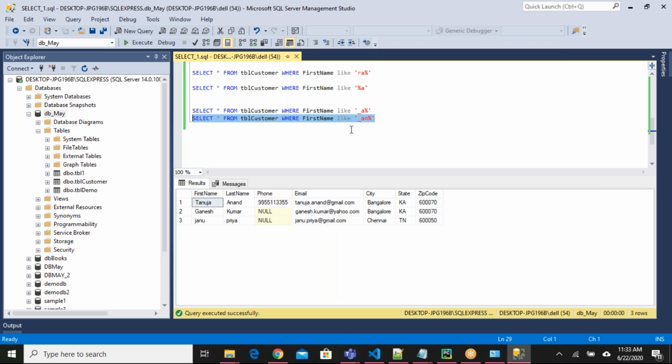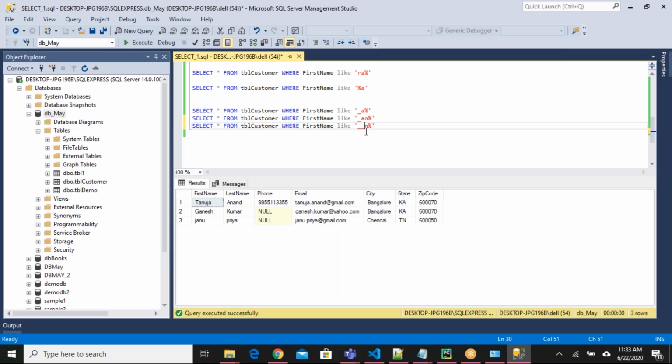For example, if I write a statement like this, where first name like underscore underscore n, for example, what happens is it will ignore the first 2 characters of the first name, and the third character must match the character n, and from then onwards anything is fine.